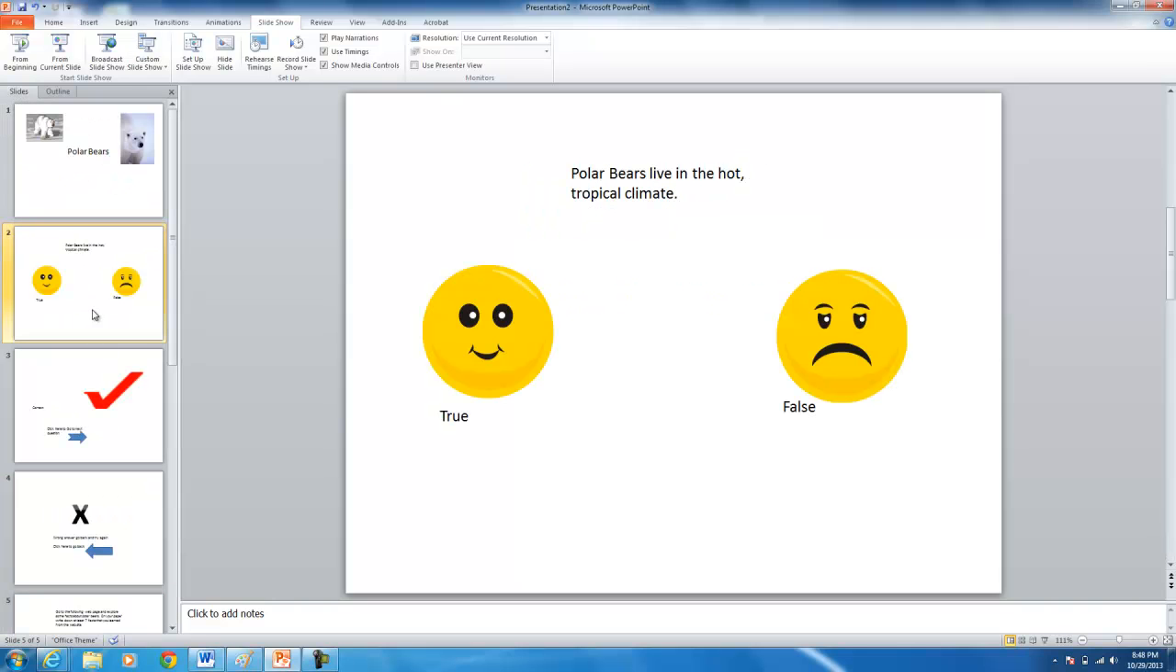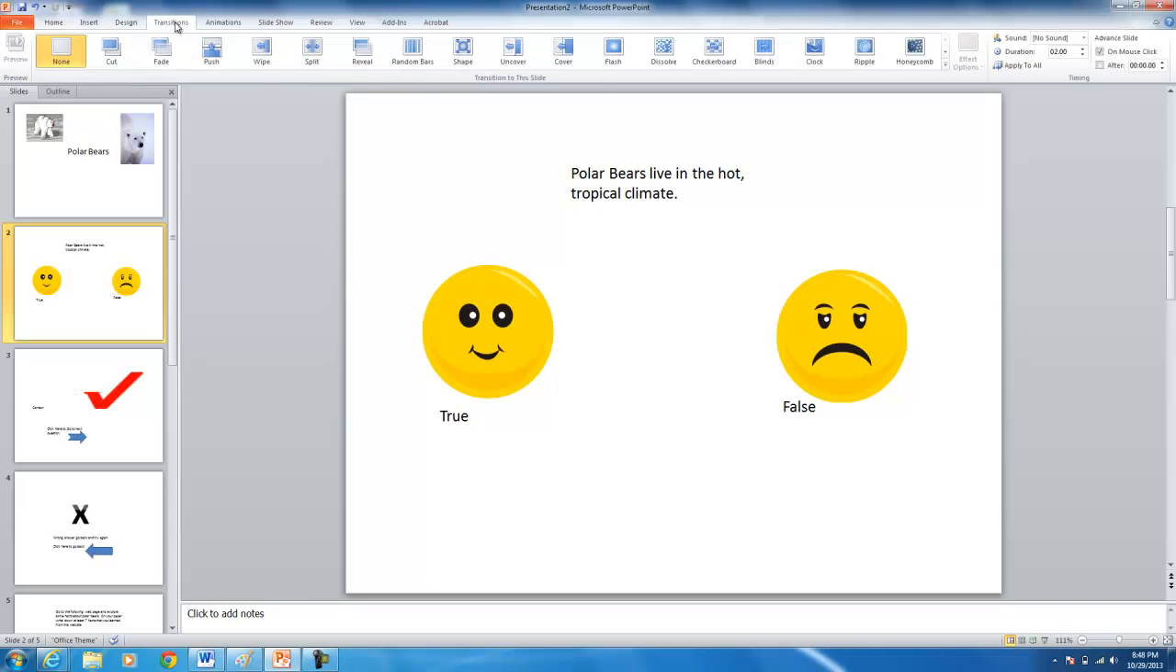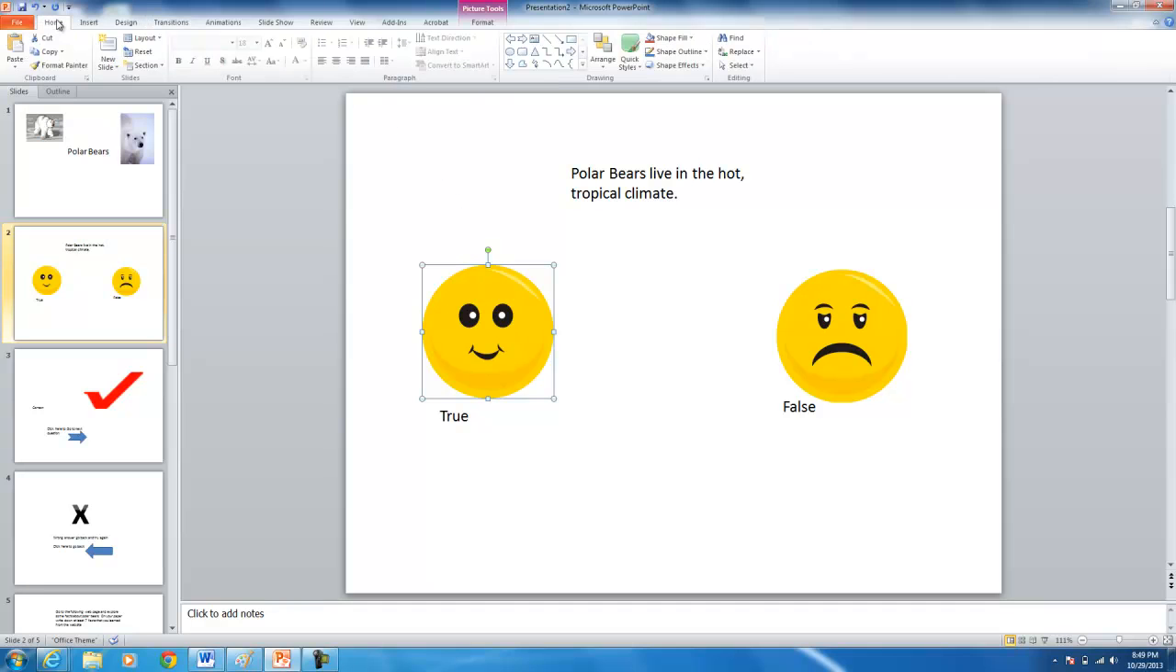So the first thing I need to do for this slide is I'm going to go up to transitions, and do you see this area right here where it says advance slide on mouse click? We don't want it to advance on mouse click. We want to tell it where it needs to go based on if you pick true or false. So I'm going to uncheck this box, and again you go into transitions up here, uncheck this on mouse click. Okay, then what I'm going to do is I'm going to pick this picture, and then I'm going to go back to home,